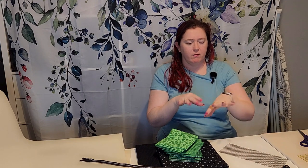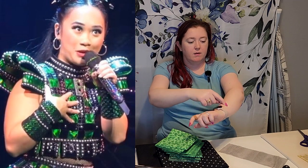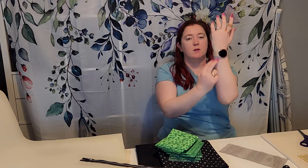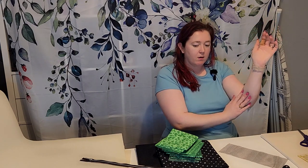bracers. My plan for the bracers, which maybe I won't have enough green for that. There's probably going to be enough. I should be able to get enough. Yeah, I could even use the 1.5 inch squares and make a patchwork of that, because it's just the top is green, and then it's got the dots, 2 lines of dots, so I can do 2 stripes of that, and then 2 strips of elastic on either side of like 6 inch wide elastic, so I can get it on and off, but then have a solid piece here on the forearm that'll probably just be the black, but